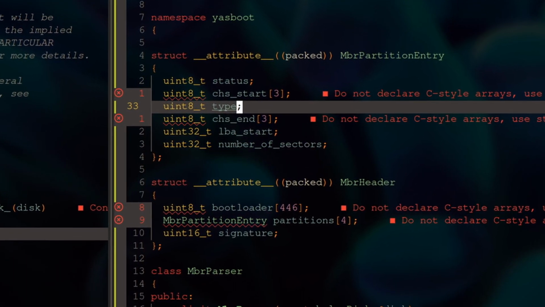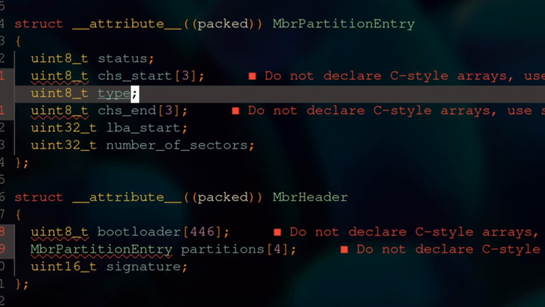Here is the final implementation of the MBR structure, which follows the classical MBR since I'm not interested in the bootcode part from YaSBoot's perspective. Please note the use of the packed attribute. It's necessary to enforce the memory layout as described in the struct. Otherwise, the compiler may add padding to align the memory for better performance.